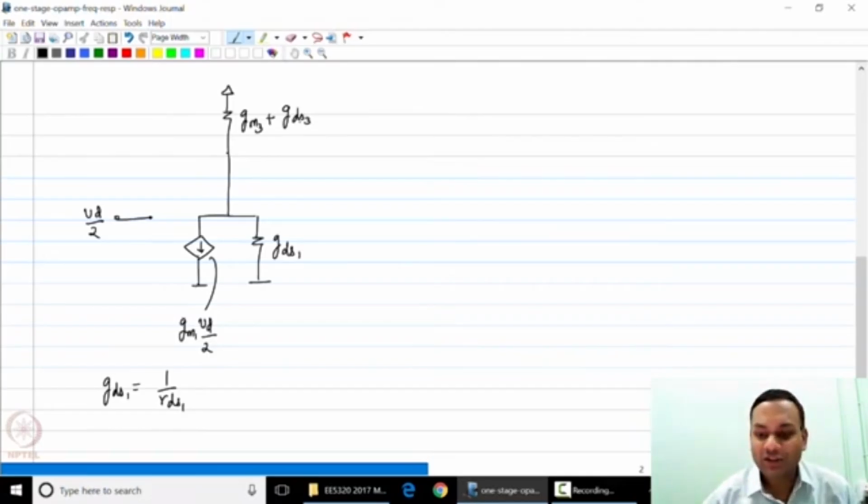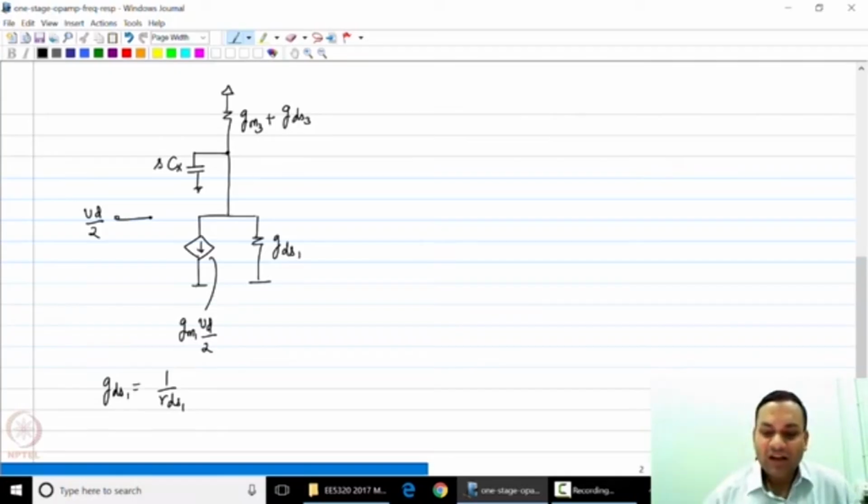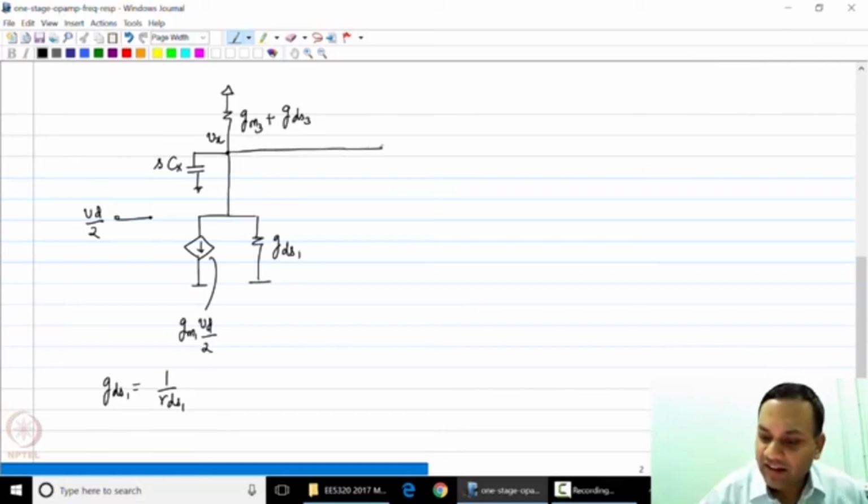This is due to the feedback action. Now apart from this, you also have a capacitance Cx to ground. The imaginary component of the admittance is S times Cx. Now this generates a voltage Vx at this node, and this Vx is now applied to the gate of transistor M4,